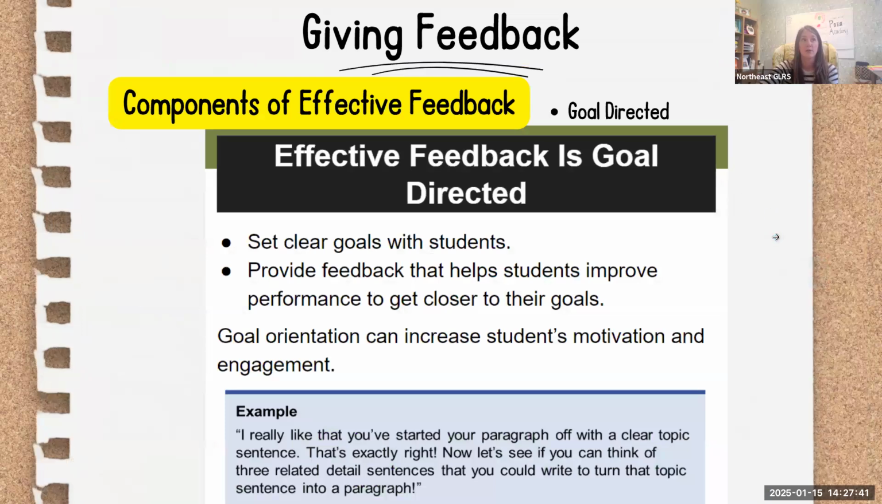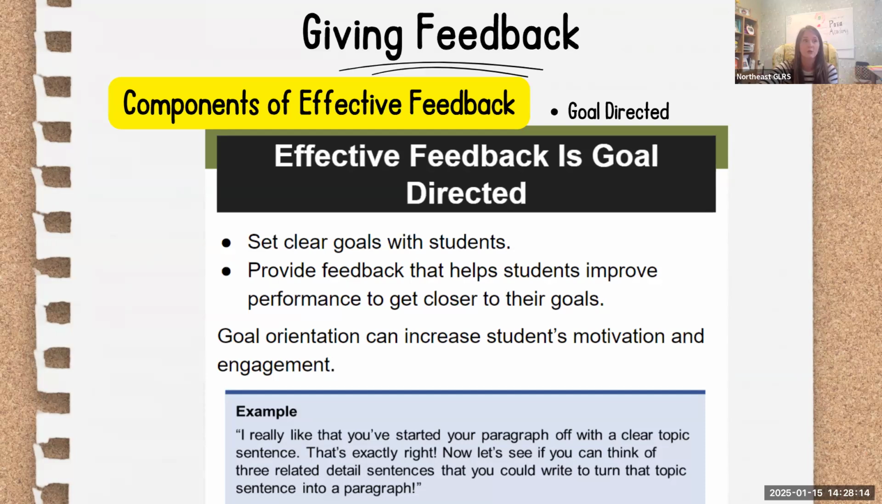The first component of effective feedback that we're going to focus on is goal-directed feedback. So effective feedback is goal-directed. We set clear goals with students, and we provide feedback that helps students improve performance to get closer to their goal. Goal orientation can increase students' motivation and engagement. And I'm going to give you an example of each component of effective feedback. So our example here, focusing on